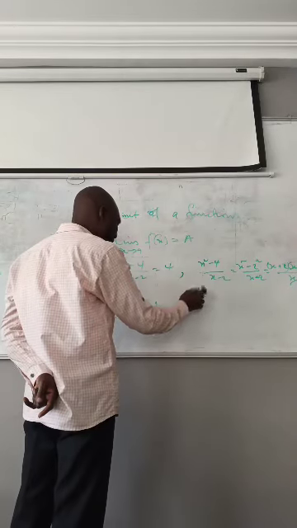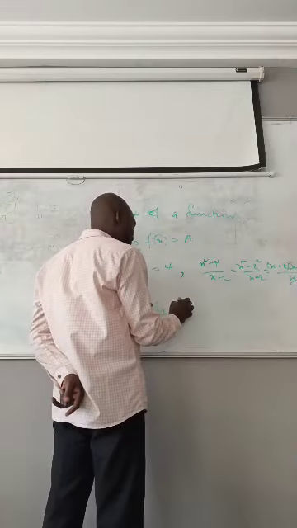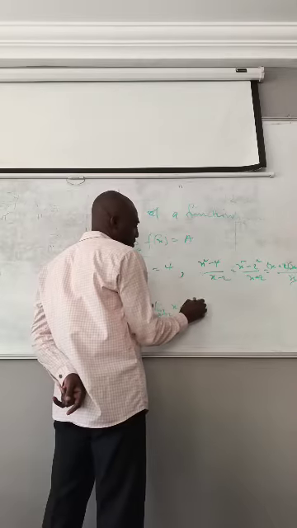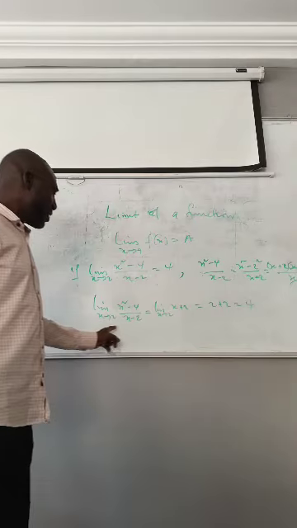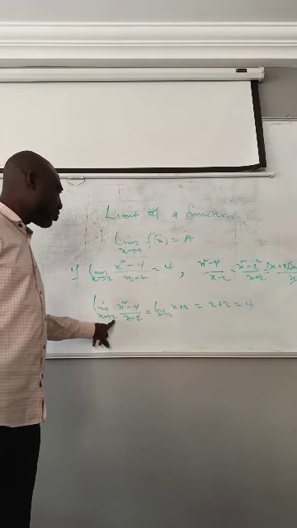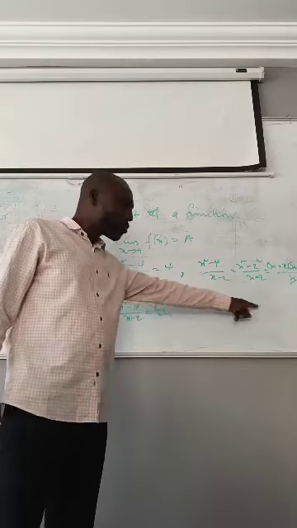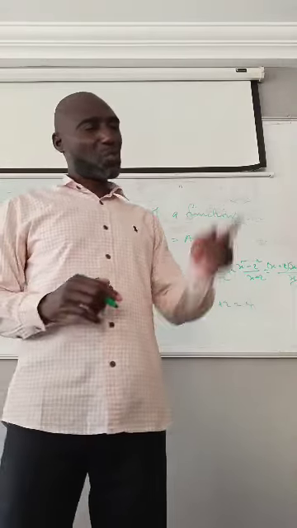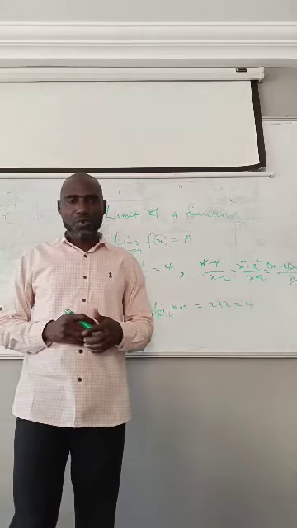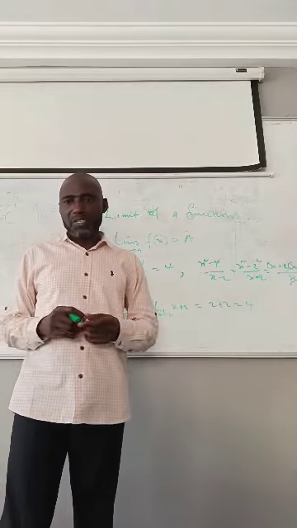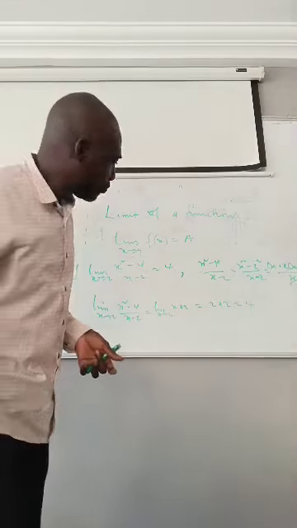We have seen that (x squared minus 1) over (x minus 2) is the same thing as x plus 2. So x plus 2, which is the same thing as 2 plus 2, will give you 4. So now you are saying the limit as x tends to 2 of this function approaches 4, not meaningful, but approaches 4. So this is to explain the definition of the limit,